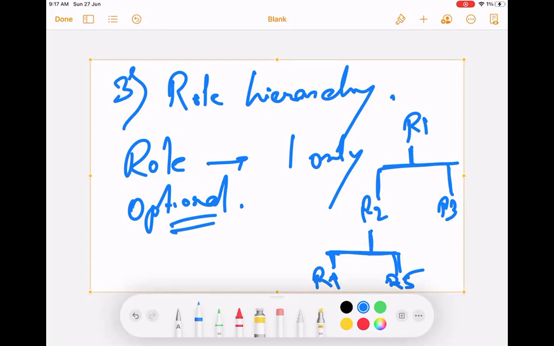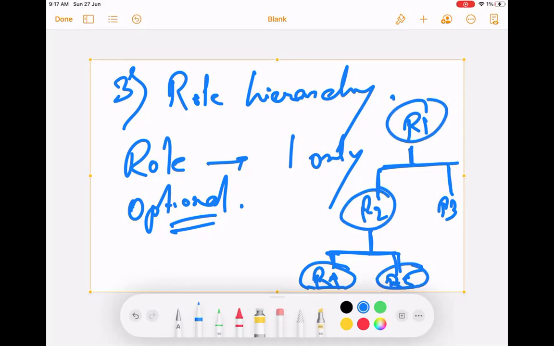Okay, that means all records where the owner has the role of R4 will be available to be seen by R2 and R1. Similarly, for records owned by people with the R5 role, people having the role of R2 can see their records, R1 can see their records. R1 can see the records of R2 and R3.